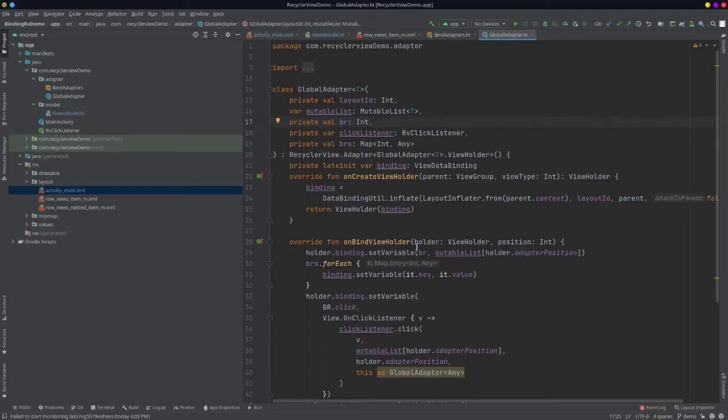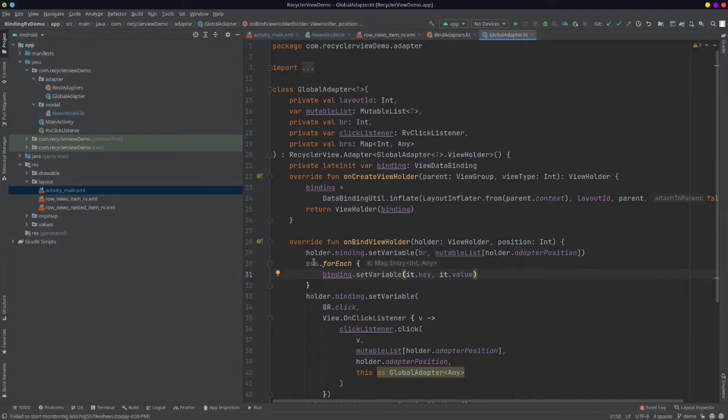So binding.setVariable br, and then I'm passing the item from my mutable list, and holder.adapterPosition, which will give me the exact position, and from that position I will be setting up the variable like this.